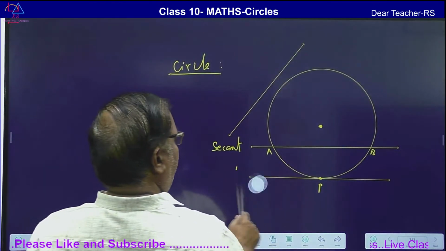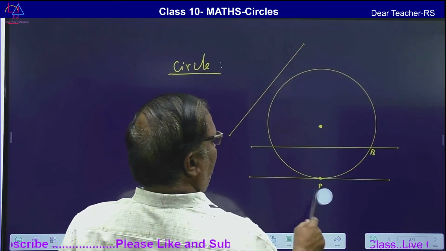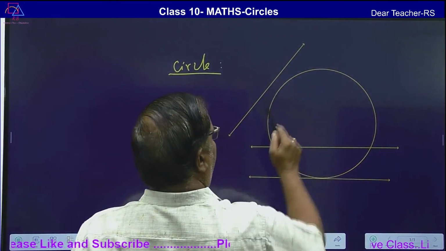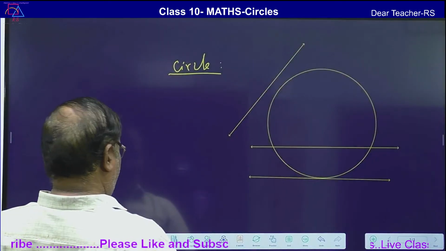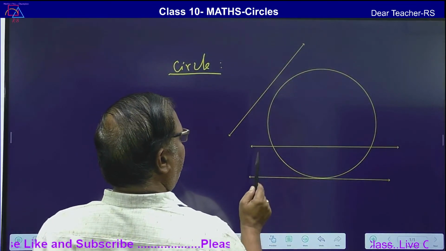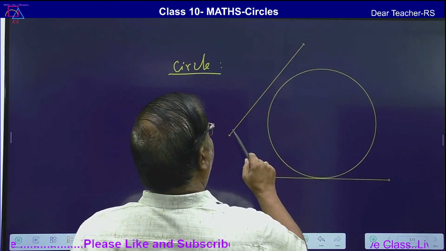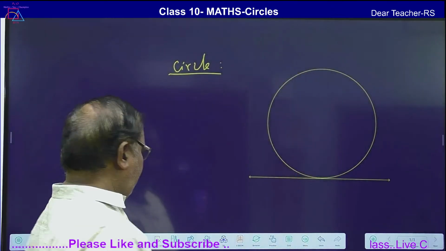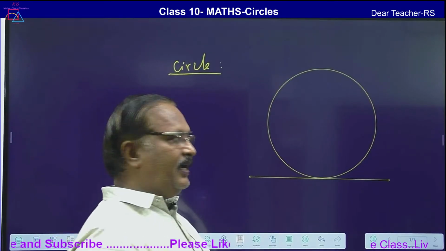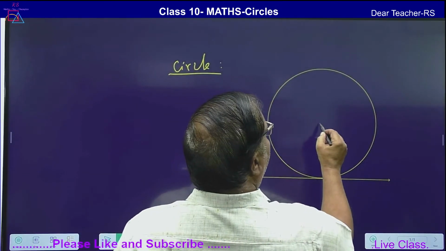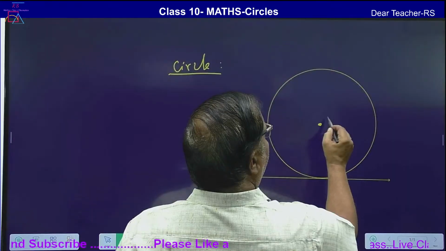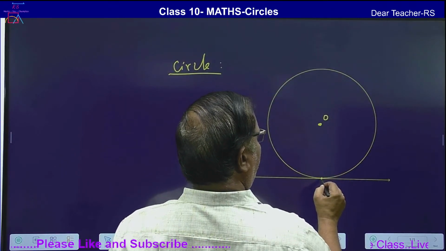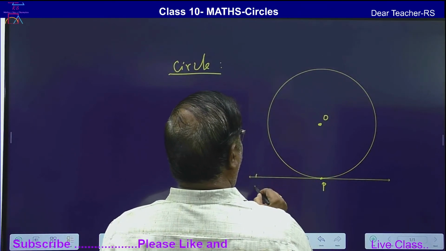So now I will rub it. I will rub all the things, and I will rub this line also. I will rub this line also. We don't want these two lines. We want only the tangent, circle and the tangent. Okay. So center, and this is point of contact is P, and AB is the